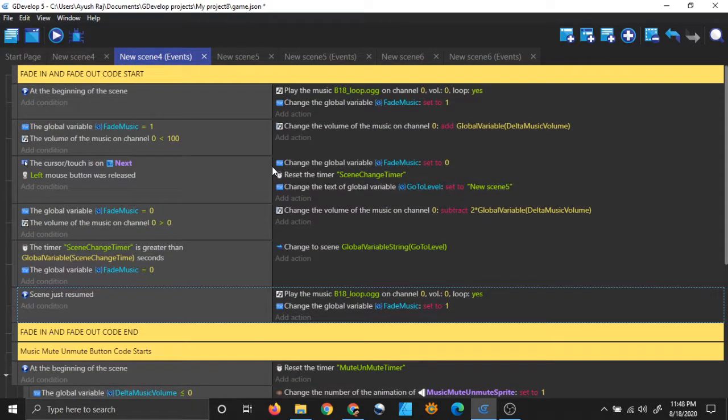And so what do you have to change here? Again, number one, your music file, add your own music file. Number two, your scene change logic, it will be different from mine. Number three, which scene do you want to change to? You can have many scene change logics, as I will show you in the next scene. I have only one scene change logic. You can have another one and another one, right?